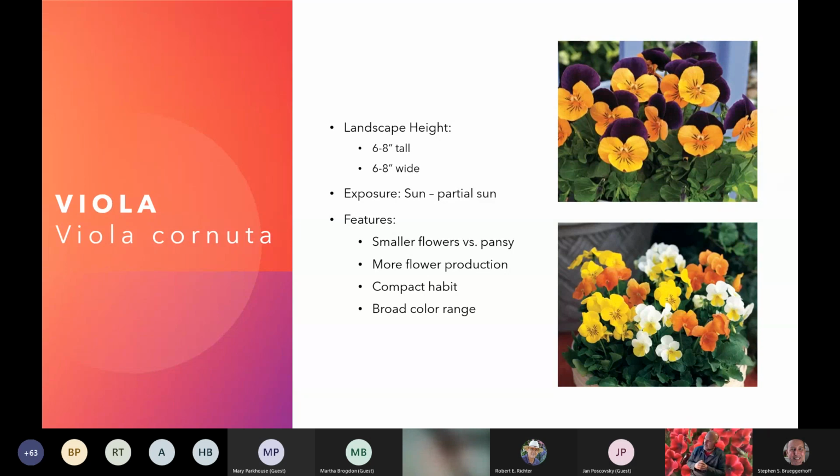So again, even when we get a frost, these plants will continue to go. They won't miss a step, and they will perform extremely well. So again, this is smaller in the way of height, so about 6 to 8 inches. So, you know, in the front of the bed, it might be a filler or even a type of spiller